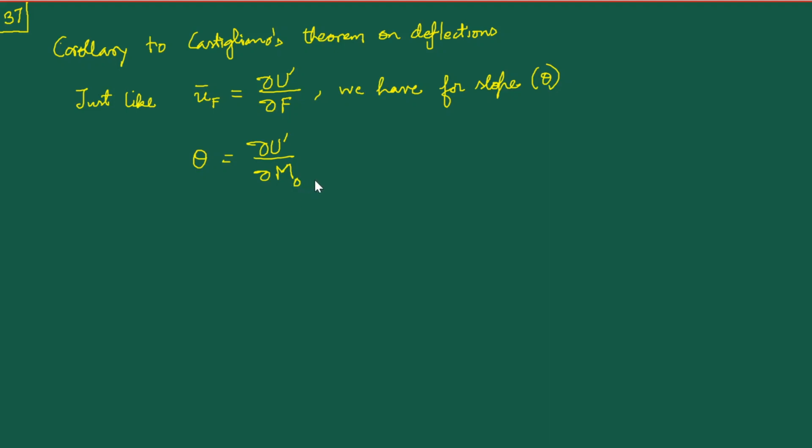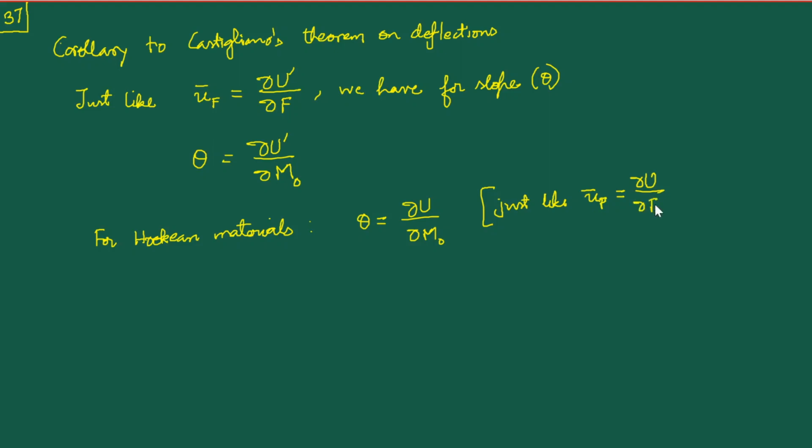Now, as before, for Hookean materials, we can directly use the strain energy instead of the complementary energy. And we state all of this without proof. Now, especially for beam problems,